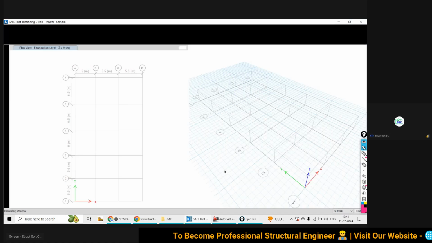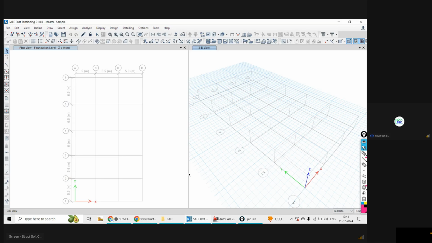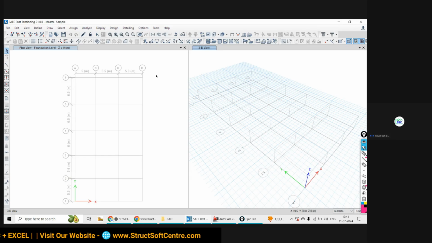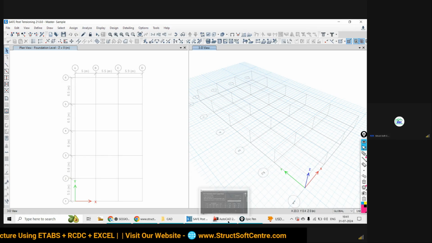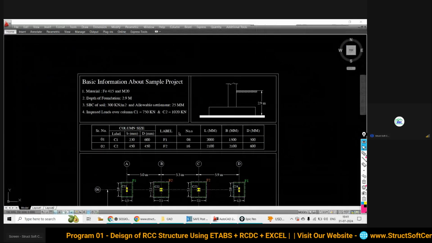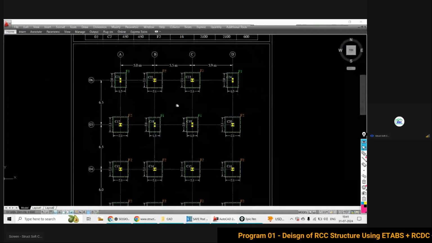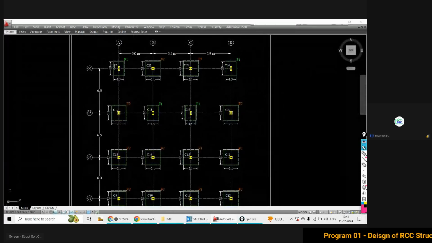We have seen what the workspace of this CSI SAFE software is and how you can set it. And especially for our proposed structure, for our proposed sample project, we took the step to have the grids.